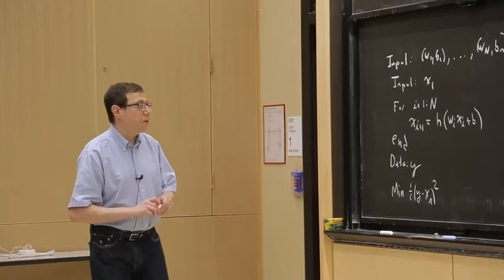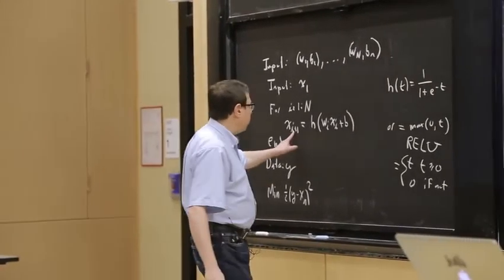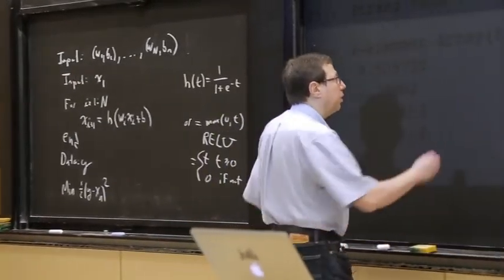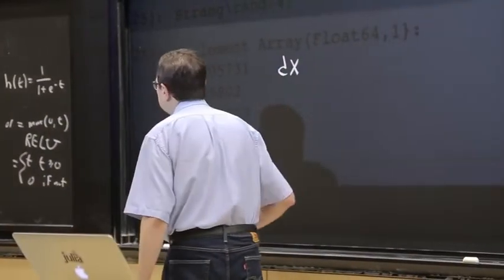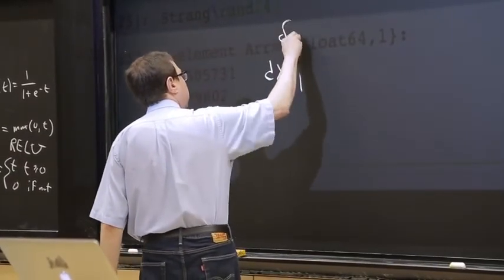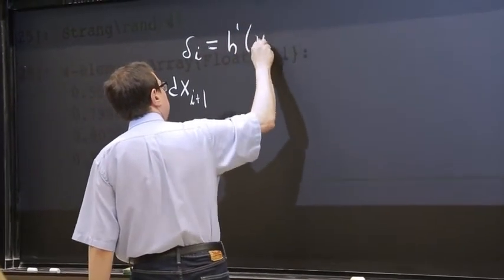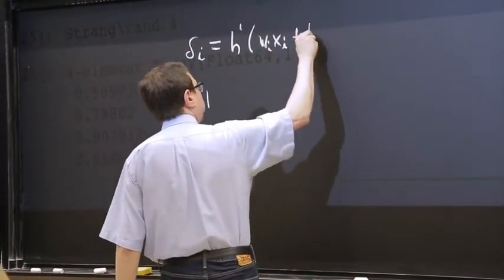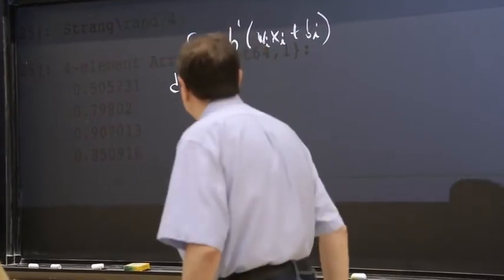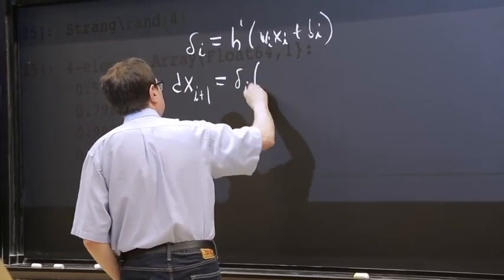Since I'm not going to have a lot of time, maybe I can just cut to the chase. If I were to differentiate the key line here, got a little bit of Julia here, what would I write? Well, let me use the usual notation. Let delta_i be h prime of (w x_i plus b_i). Okay, so that's delta_i. And then you can see that dx_{i+1} is delta